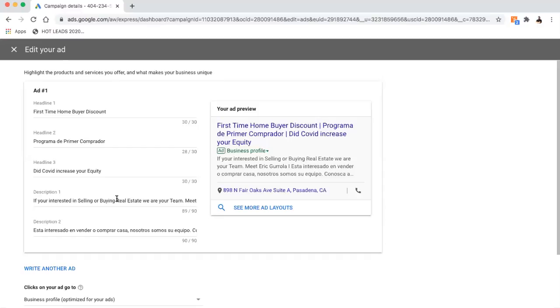Now, here's the thing. Those headlines rotate based on what somebody does a search for or the keyword. So because of that, if they click on a Spanish headline, and the only thing that's rotating is the headline, but the bottom two sublines stay the same, we're going to lose the Spanish audience right away. So either we do the ad completely in Spanish, or we do it completely in English. We're not going to be able to mix the two. So we're probably going to have to replace the Spanish headline. Okay. So let's save that one for another Spanish ad that we're going to go to,